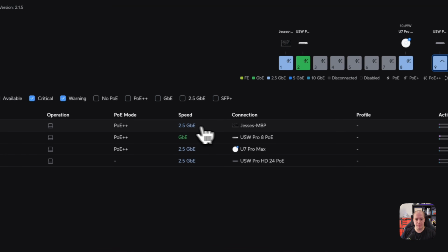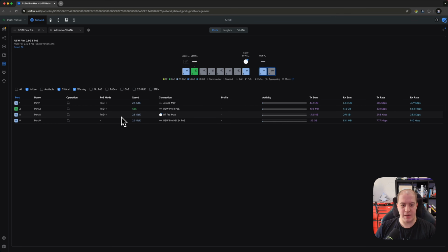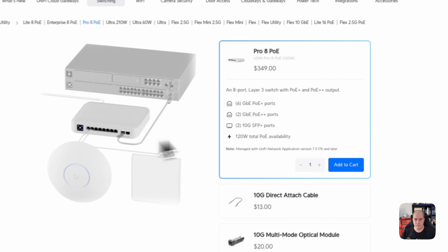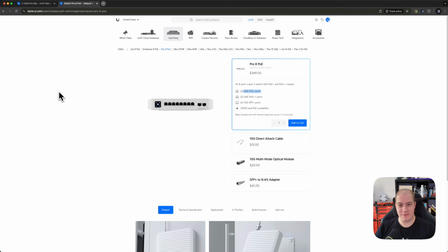You can see that I've got my MacBook Pro plugged in at 2.5 gig speed over on the first port here, and then I have a USW Pro 8, which goes out to other cameras that I have. I have my U7 Pro Max, which is my Wi-Fi antenna, obviously. And then I've got my uplink to the USW Pro HD 24 PoE, which is where the power is coming from. And as you can see from the color coding here, you've got 2.5 gigabit. I wonder why that's only gigabit. Huh. It's only gigabit. Not that it matters, given that I only have cameras plugged into this, but the $349